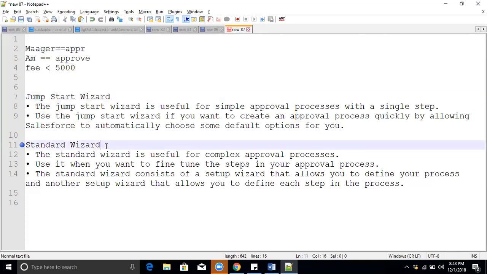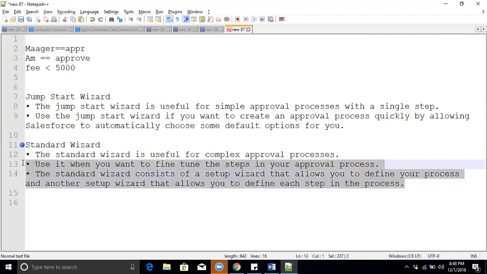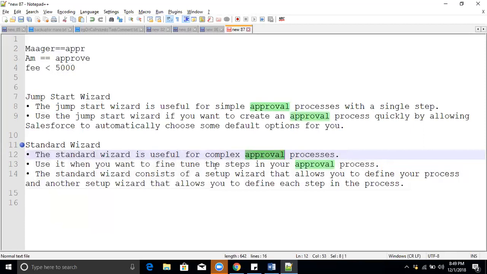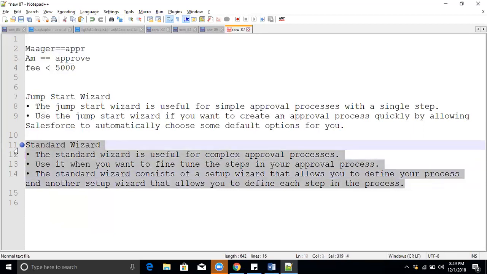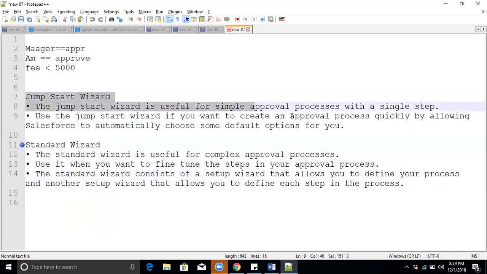But in the standard wizard, we specify each action and each step. If you want to create multiple steps and a complex approval process, we can go for the standard wizard. Once we understand how to create the standard wizard, the jumpstart wizard is easy to understand. So how will we create an approval process in Salesforce? What steps do we need to follow?